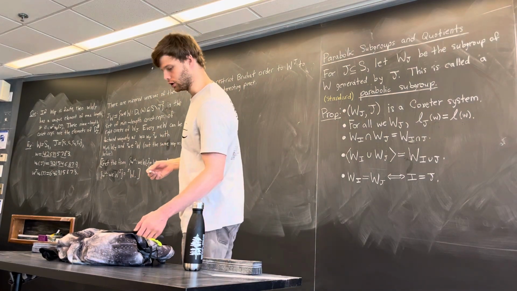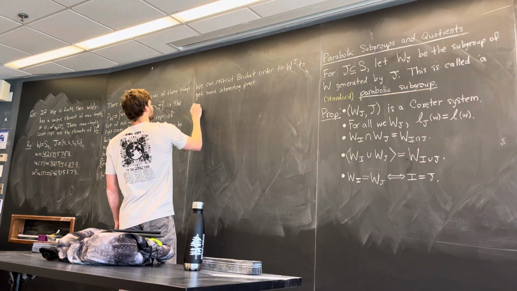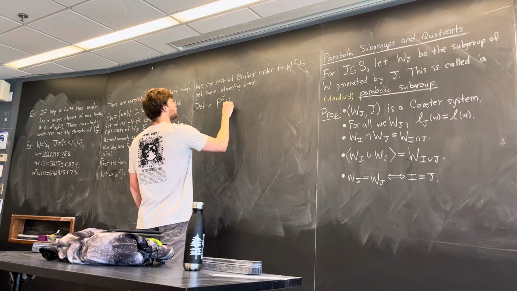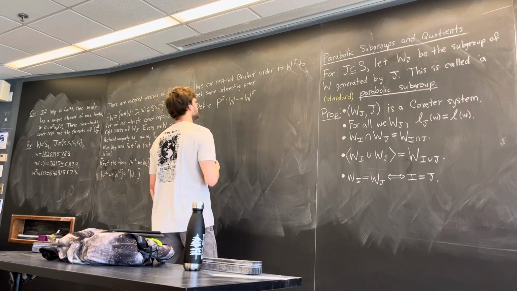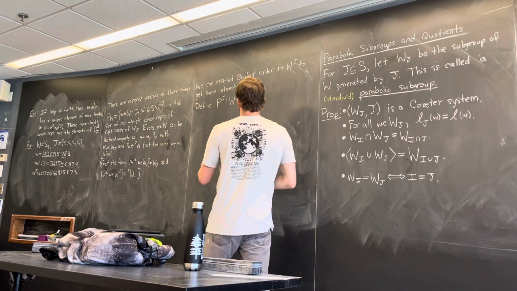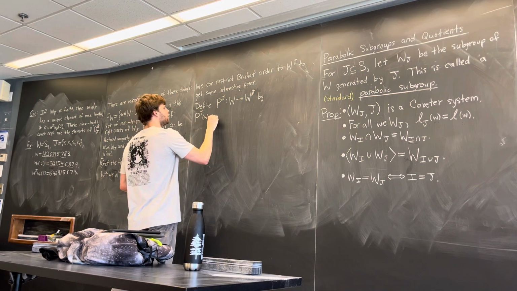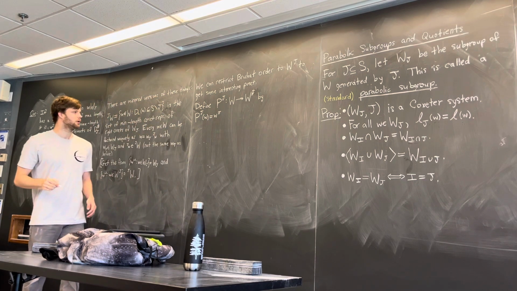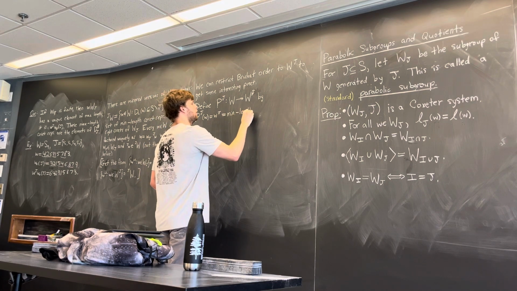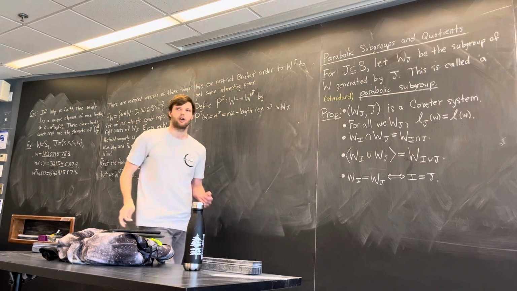So let's define this projection map Pj from W to W superscript j by just sending each element little w to this W superscript j that I had before. So this is the minimum length representative of the coset W times Wj. Okay,